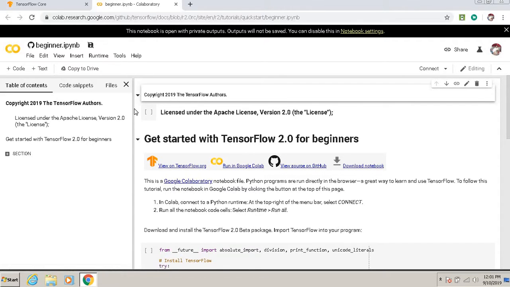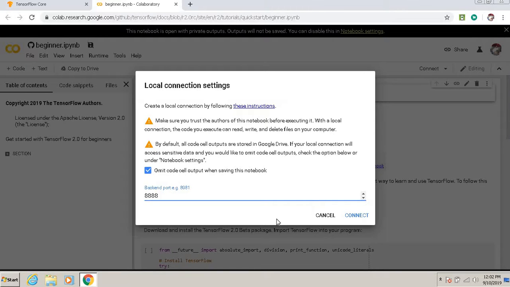So what you can do here is you can run this. Firstly you can choose any of these options. If I say connect to local runtime, it will be connected to local runtime.